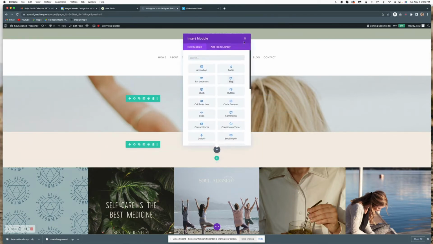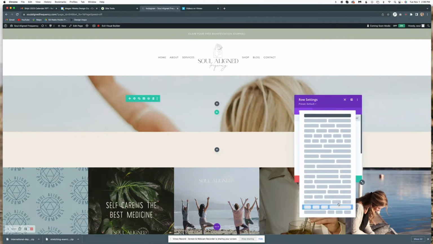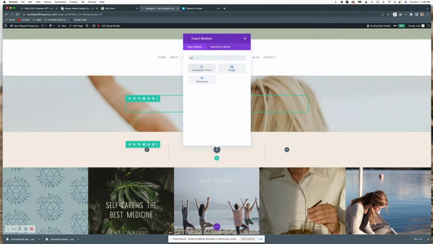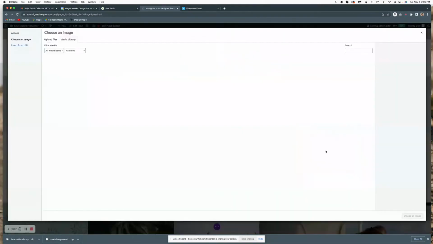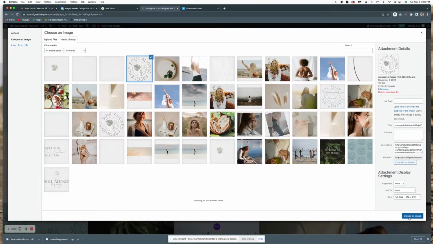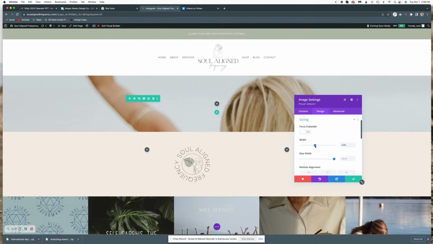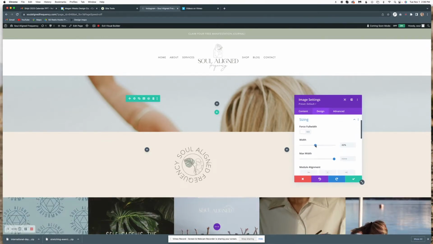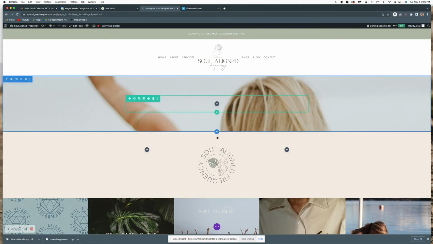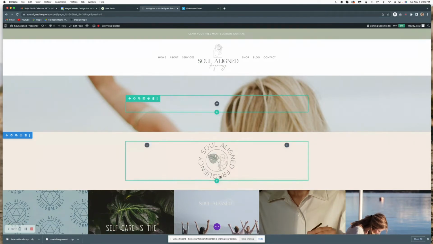Now I'm actually going to change this to a different column structure like this, and I'm going to add in the logo in the center there. And let's do the dark logo. See how that looks. Go to design, sizing. We'll make it a little smaller. Okay, and then to overlap these, sometimes I'll grab, make sure that there's no spacing on top and